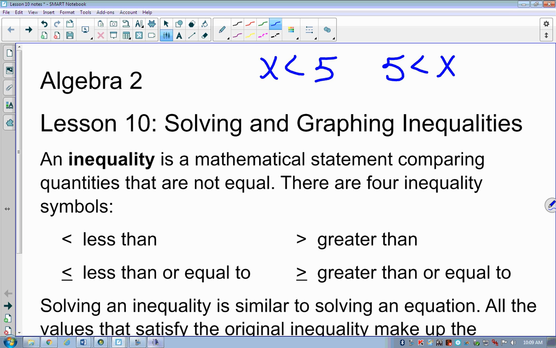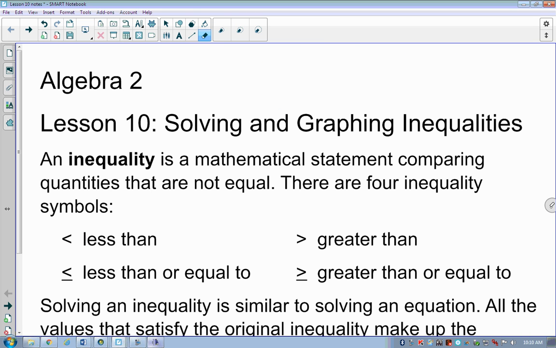So this is always less than. It's not dependent upon where the x is. Now, granted, we would like to keep the x on the left-hand side. It's just the same way we would do x equals 5 or something like that. We don't like to read it as 5 equals x. We want to read it as x equals 5. So hopefully we understand that these symbols don't really change, that less than is less than,